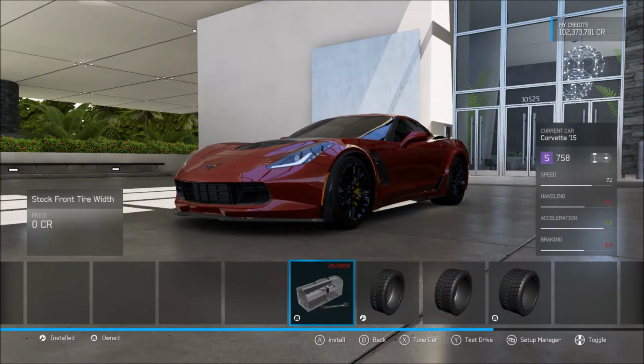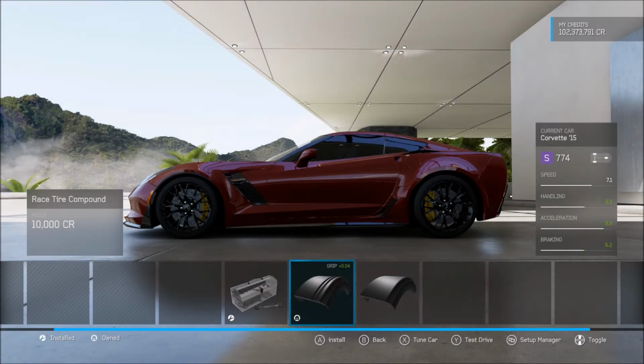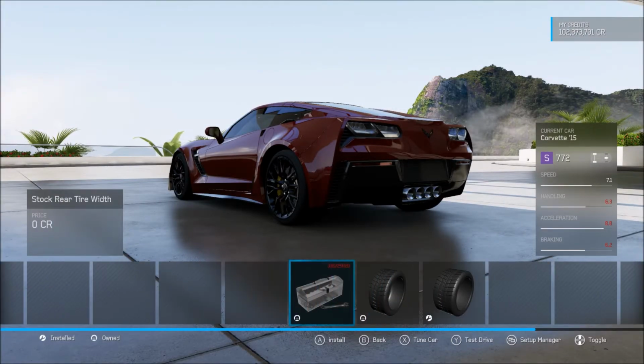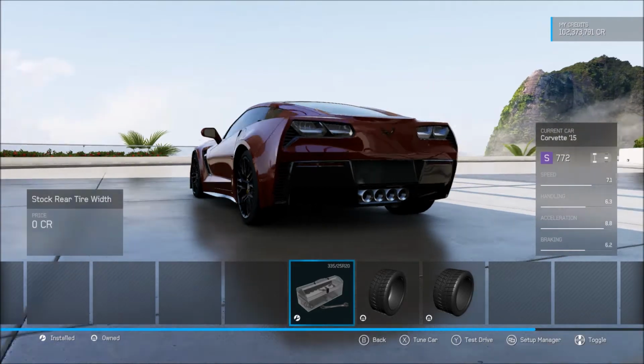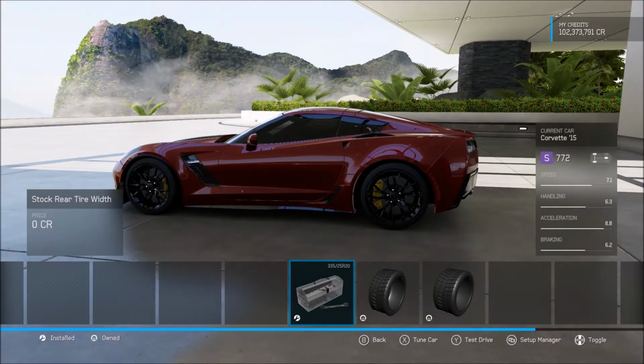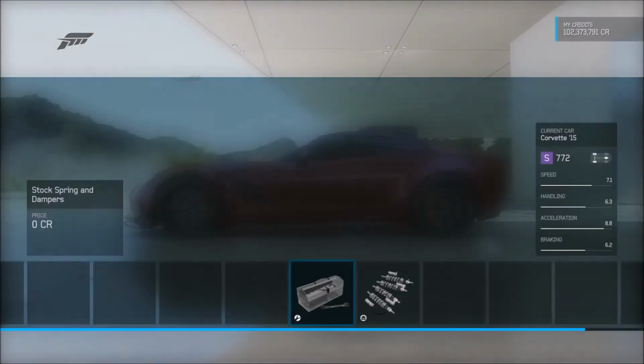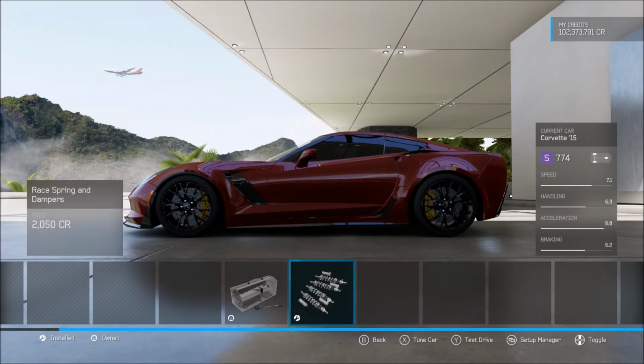So maybe if we go to tire compound, the race compound, that brings us up to 6.3. And maybe we can deaden the width of the tire, which we can. And that gives us the 6.3 with 772 PI. So that gives us a little bit to work with in power. So after you get that done and you get your handling where you want it, which we want a 6.3 for this car,